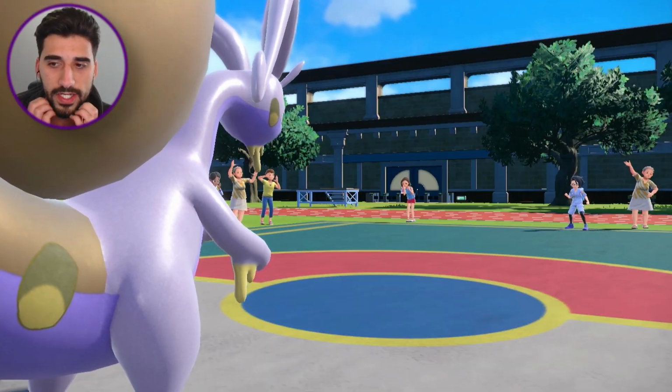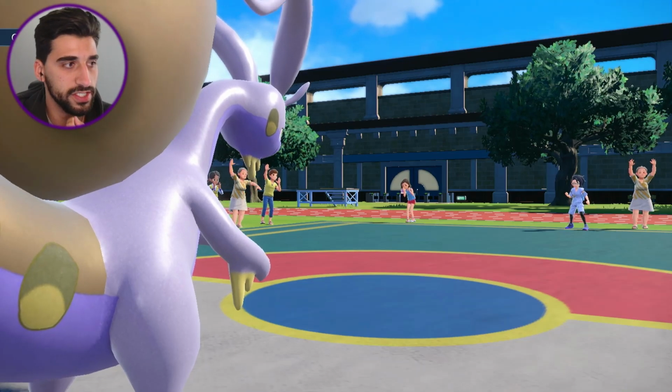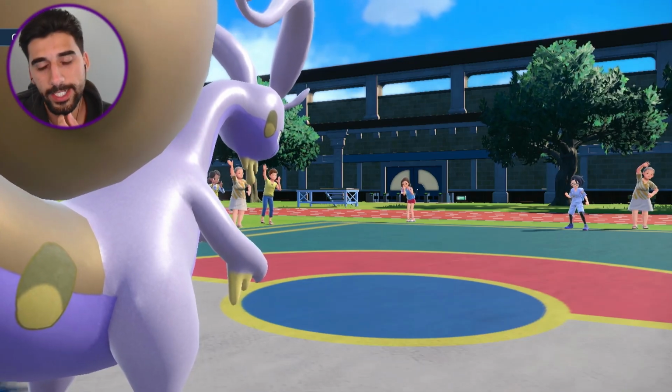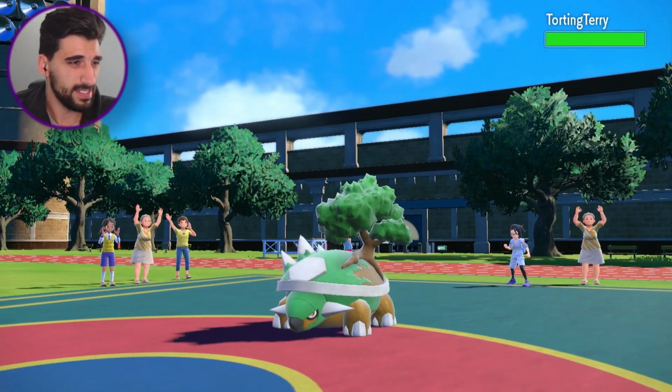Now, if he goes Hawlucha, I might stay in Dragon Tail. I have a feeling if he goes into Hawlucha, he's just going to U-turn on the incoming Mesprit. Could be a little bit annoying. He's going to go into Torting Terry. Okay. Now,